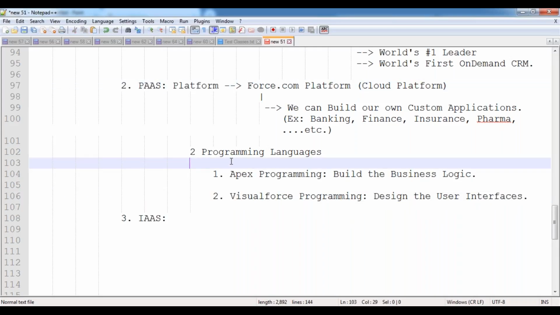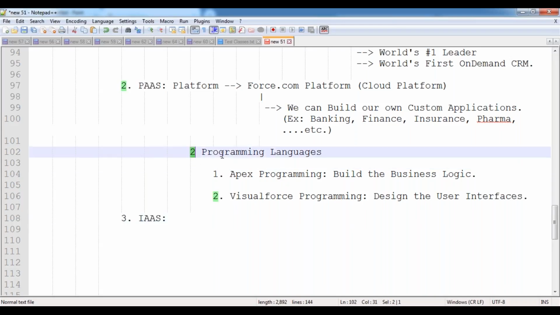Now, you can raise a question: Sir, we are from a non-technical background. We don't have any programming knowledge, so how can we use this? No need to worry about the programming part. Every fundamental basic I will discuss in the class itself. You don't need any programming knowledge, and you don't need to learn any other programming languages in the meantime. Everything I will discuss in the class in detail, from beginning to advanced level, with real-time practical use cases.